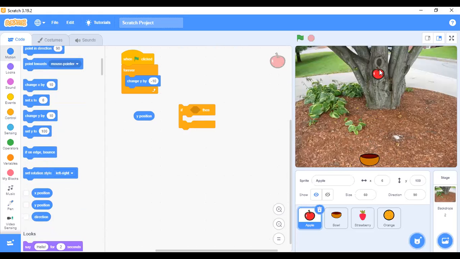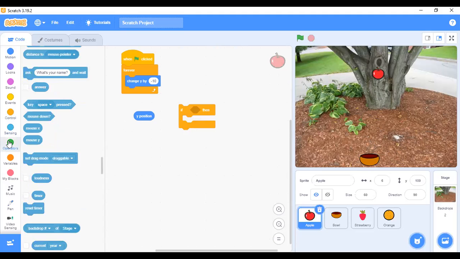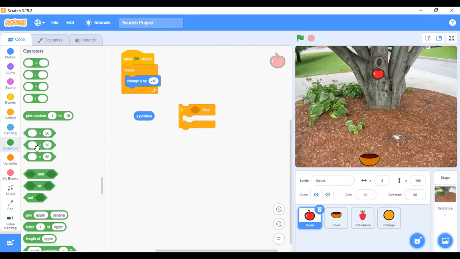That is the vertical axis. Then I said you need your operators. One of the operators you need is the less than operator, this way. And what do I need the less than operator for? Pay close attention to it. When the apple falls to this side, if you look at this Y coordinate or Y axis, what you can see is minus 171. So you change this to minus 171. You press enter.